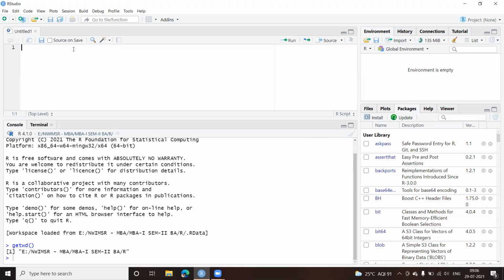Let us say I have a file here called input.csv. So if I give only input.csv, it is going to search for the file in the default working directory. Okay, if it is found there, it is going to open. Otherwise, it is going to give me an error, like file not found or something like that. So for that, you have to be careful.